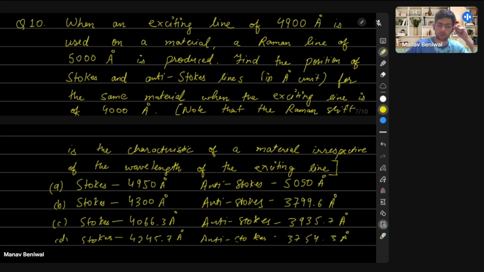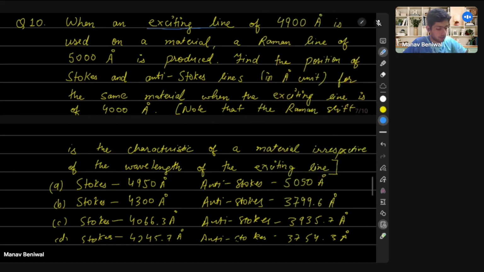Okay, so this will be the last problem for today, and it is about again Raman spectroscopy. So we are given the wavelength of the exciting line, which is used on a material. So we get a Raman line of 5000 angstroms. Okay, good. Then the question asks to find the position of Stokes and anti-Stokes lines in